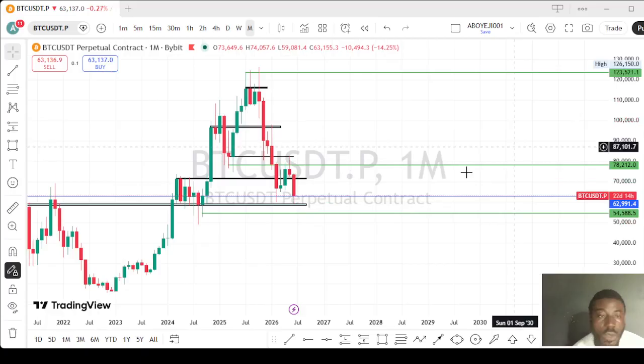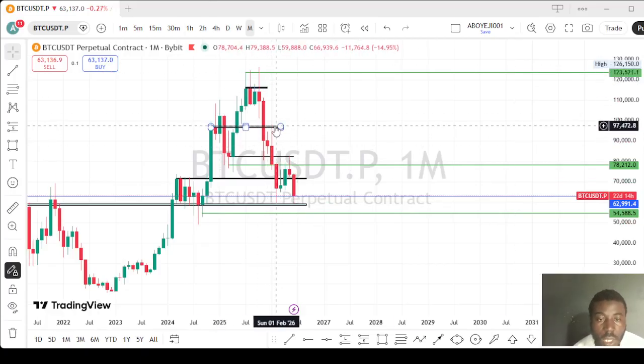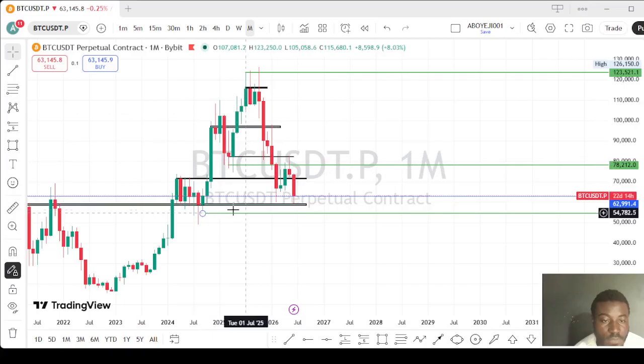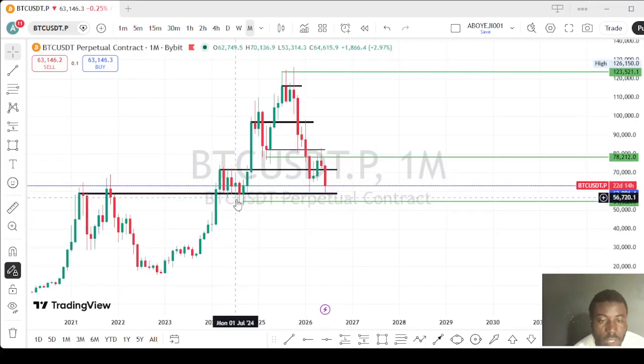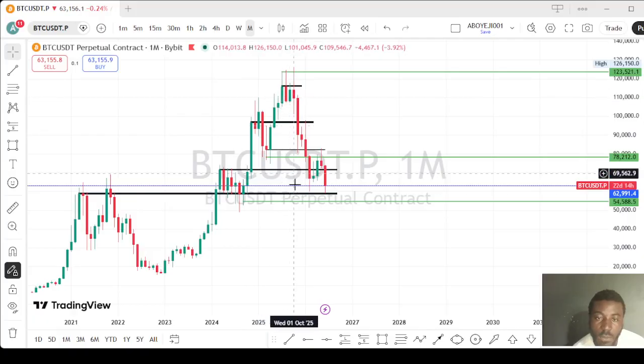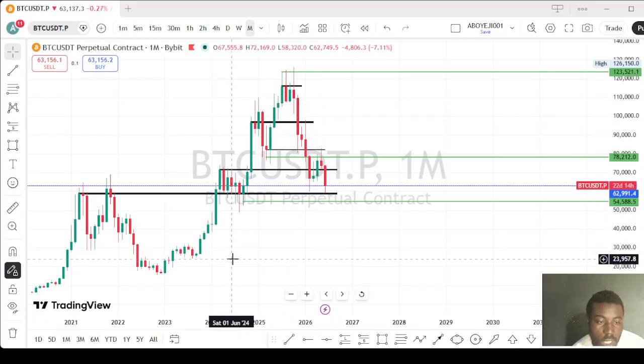This is what I'm seeing on BTC. These are our key levels on monthly time frame. You can see these are our key levels here also. It's the one that brings the structure, the market tests it and gives us downtrend. And this is the key level the market is at. But BTC is giving us the power of downtrend. This is a correctional movement. You can see because there's a FVG here, there's a key level also here.